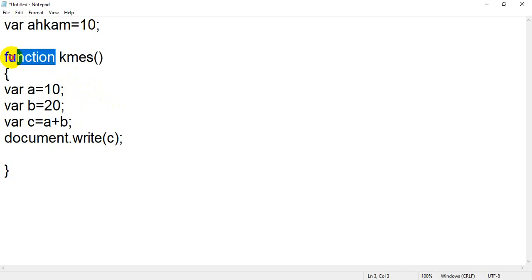First thing, you have to write the function keyword, like we write var. If you are going to create any user defined function, the first thing you have to write is function, then you have to write the name of the function. While writing the name of the function, as we know, JavaScript is a case sensitive language. So KMS and KMES are both considered different functions. And one more thing,